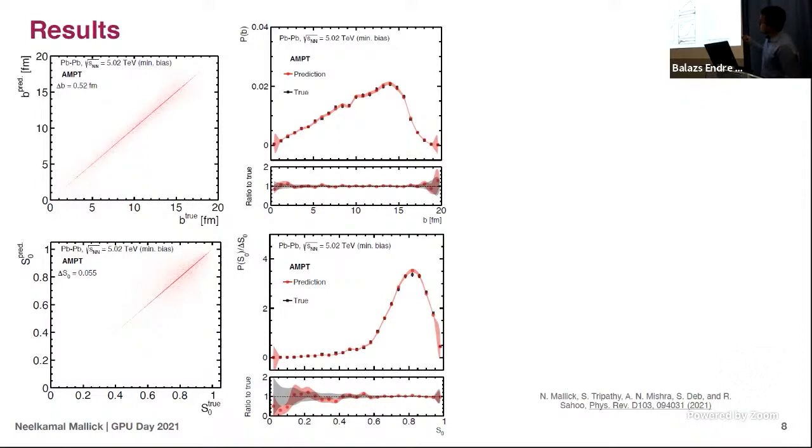Here we have the comparison between prediction and true values of the impact parameter. In the bottom plot, you can see that the ratio appears to be completely flat, which says that overall there is a one-to-one correlation, and with larger statistics the accuracy is close enough. For sphericity we find some discrepancies because the jetty events are fewer in statistics. So the model is a bit biased towards the isotropic events and performs better in that domain, but it slightly deviates in the jetty domain.